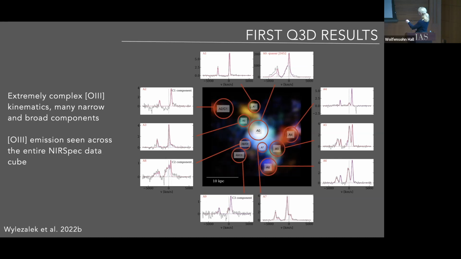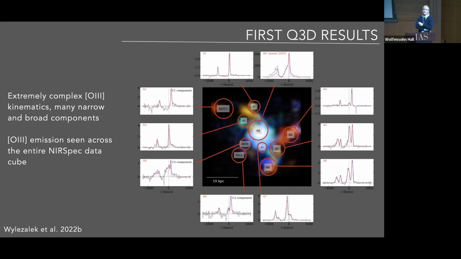So here what you could see is the O3 doublet. So this is a beautiful narrow emission of the O3 line. But then if you look in different places of the data cube, you start to see broad blue shifted components here, but then you're starting to see extra components that are redshifted. And if you look here, you start to see an even stronger redshifted component, but also a component that is at systemic velocity. And you move through the cube, and then somehow you start to see that the redshifted component is actually stronger than the systemic component. Then you go to 3 here, and you suddenly see 3 components popping up, and here is a redshifted broad